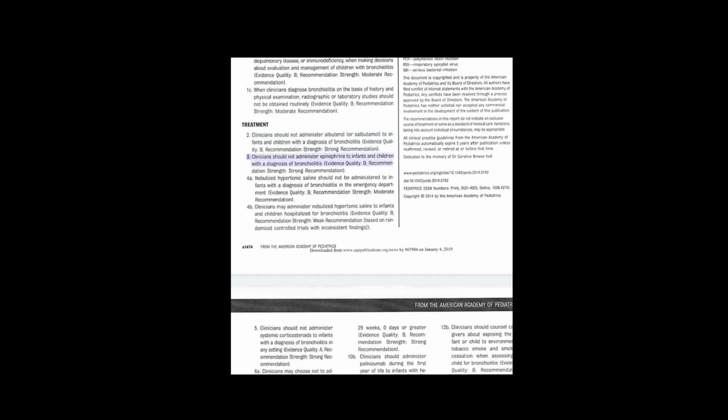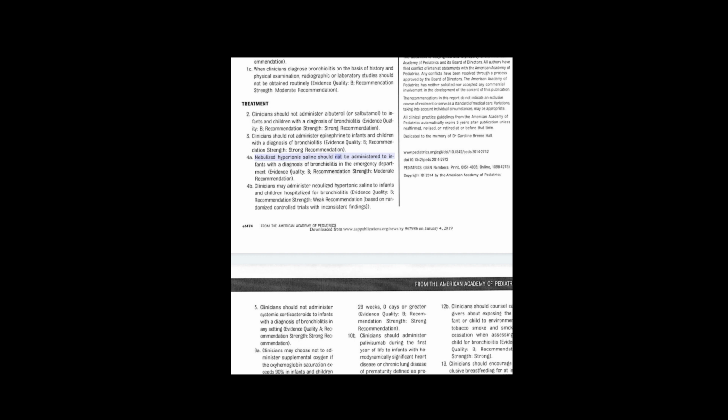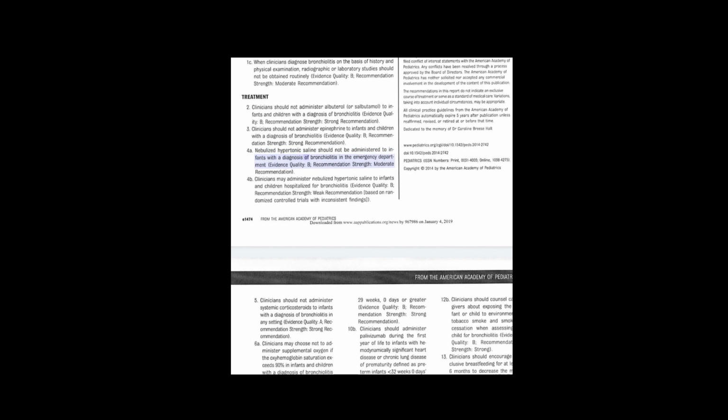Treatment. 2. Clinicians should not administer albuterol to infants and children with a diagnosis of bronchiolitis. 3. Clinicians should not administer epinephrine to infants and children with a diagnosis of bronchiolitis. Evidence quality B. Recommendation strength, strong recommendation. 4a. Nebulized hypertonic saline should not be administered to infants with a diagnosis of bronchiolitis in the emergency department. Evidence quality B. Recommendation strength, moderate recommendation. 4b. Clinicians may administer nebulized hypertonic saline to infants and children hospitalized for bronchiolitis. Evidence quality B. Recommendation strength,